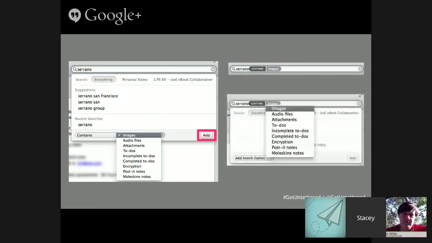And then one nice feature on the Mac at the minimum is that if you highlight or hover over that